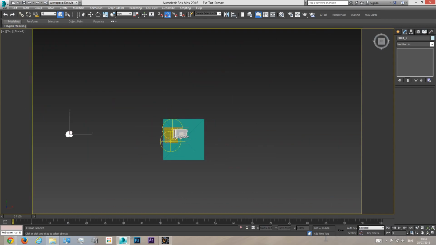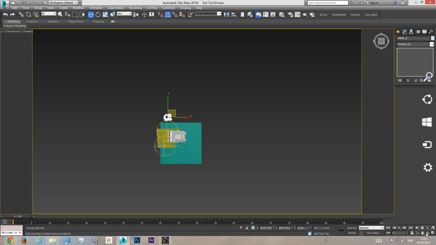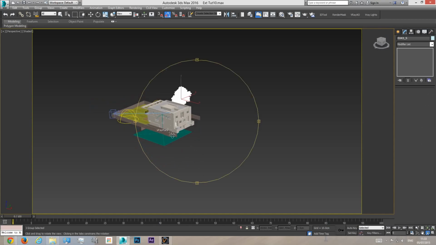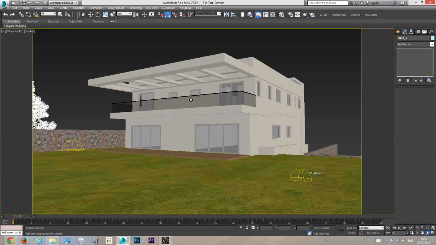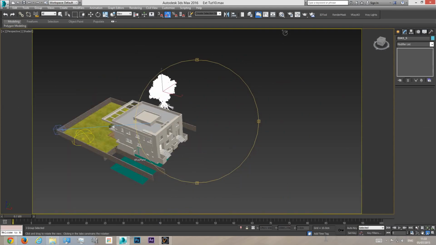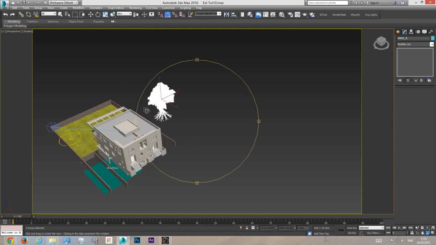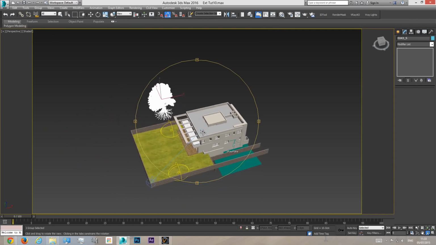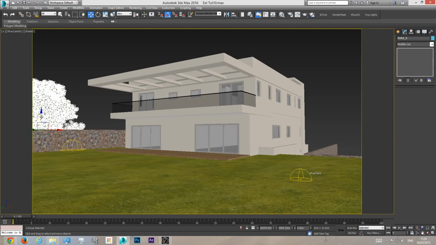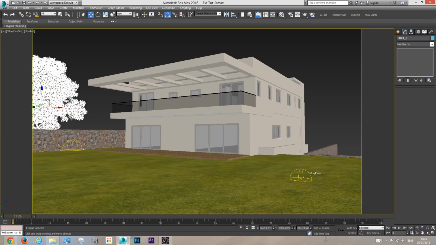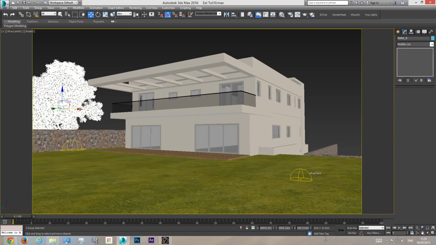So let's put it somewhere in the scene near the house. Let's put it back here. And this is really where the VrayPlane starts to play an important role, because the trees don't have ground beneath them, because in our viewport you don't see the ground behind the fence. So the bouncing of the light, if we didn't have the VrayPlane, which goes forever in each direction, the light won't bounce back to the tree. So the tree won't look as good as it can. Just move this here, take this tree up like so, move it a little bit to the side like so,